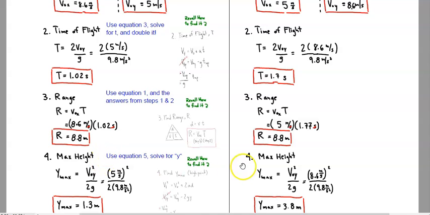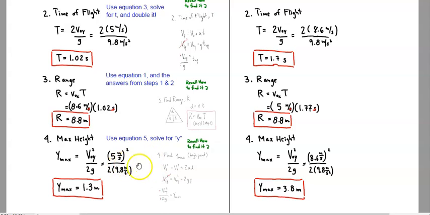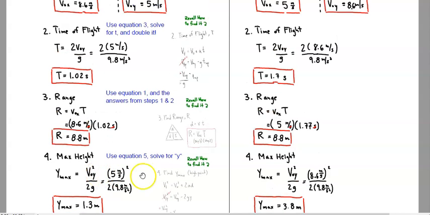So for both sides of the problem, you would use equation 5 and solve for y. Y max winds up becoming Voy squared over 2g. That's the formula that's going to be used for both variations of the angle. The Voy for the lower angle was 5 meters per second. That gets squared and divided by double gravity, giving you a maximum height of the turning point at 1.3 meters,